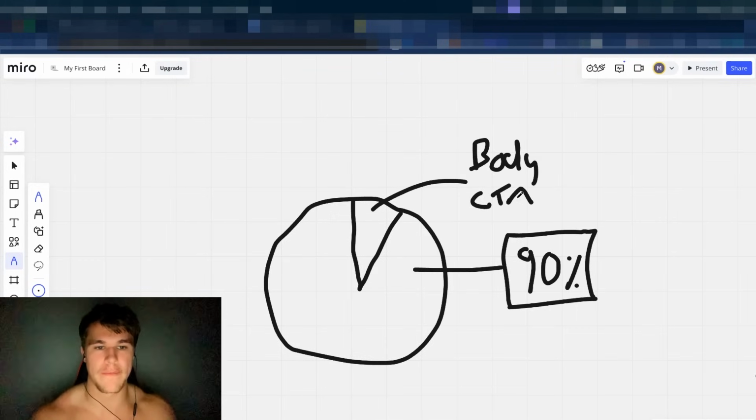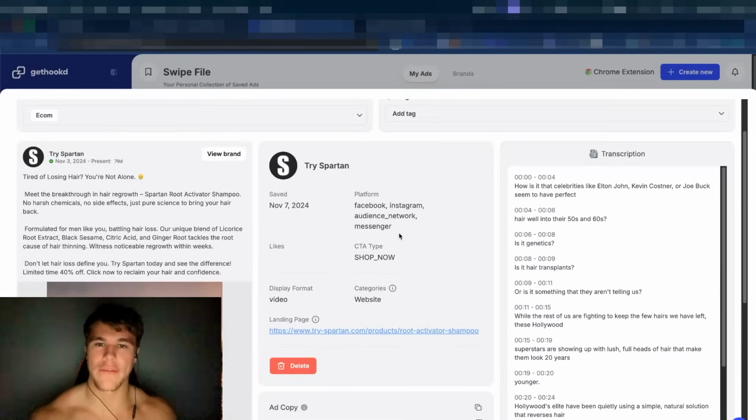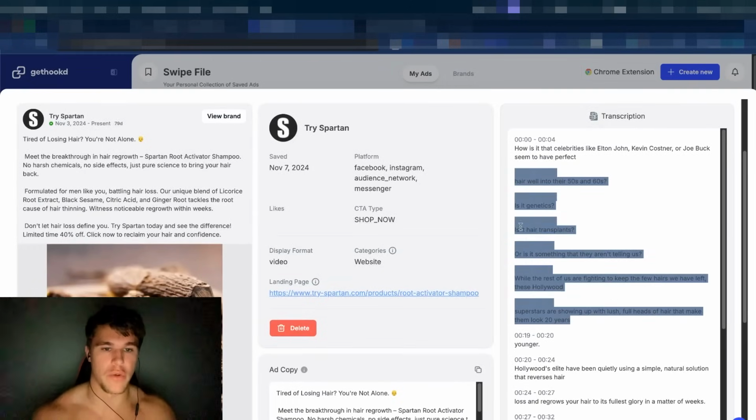Now, it's pretty difficult to mess up the call to action. The body can be a little tricky, but let me actually show you how to shortcut this entire process so that you can do it from scratch. After you have this ad saved within Get Hooked, what you're gonna do is scroll to the very top and select Use for Brief. So this feature basically will take an existing ad, and it's actually gonna walk you through the steps of rewriting the ad, rewriting the transcript here, as you can see to the right, and using it